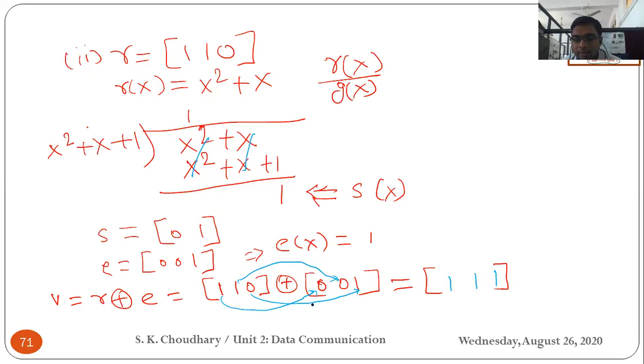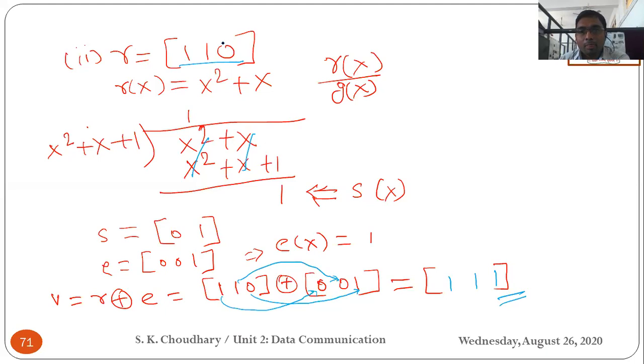So finally you see that this is your V. Actually you transmitted 111 from the transmitter, but when this code word passed through the channel, because of the addition of some error, you received the code word 110.